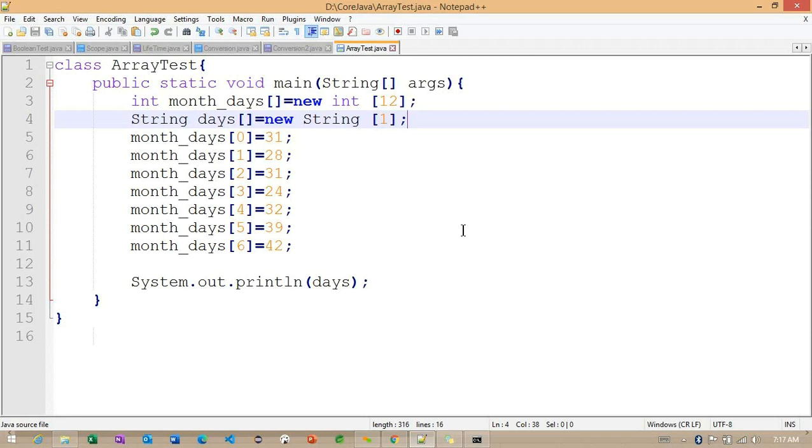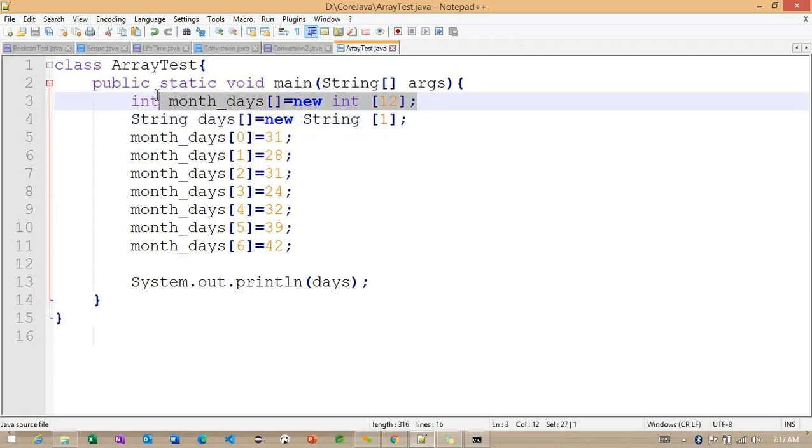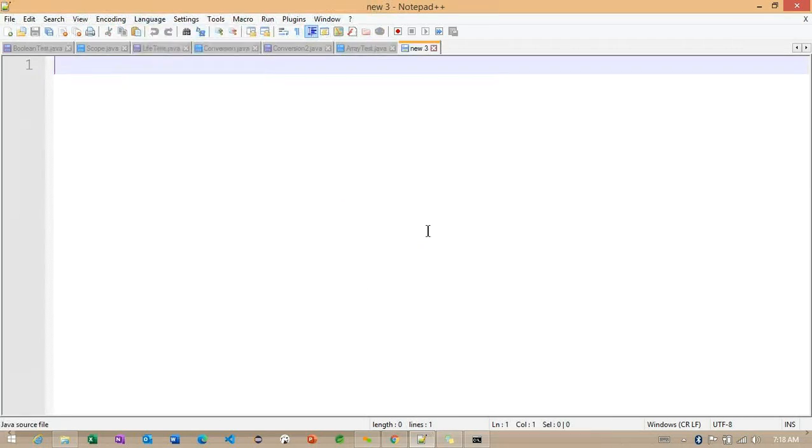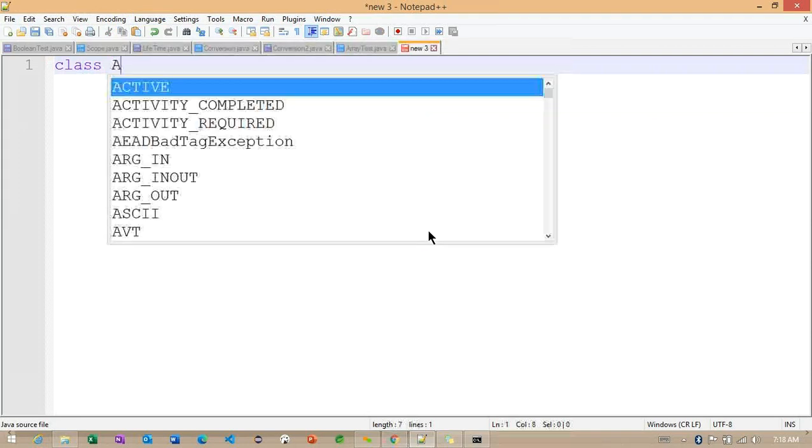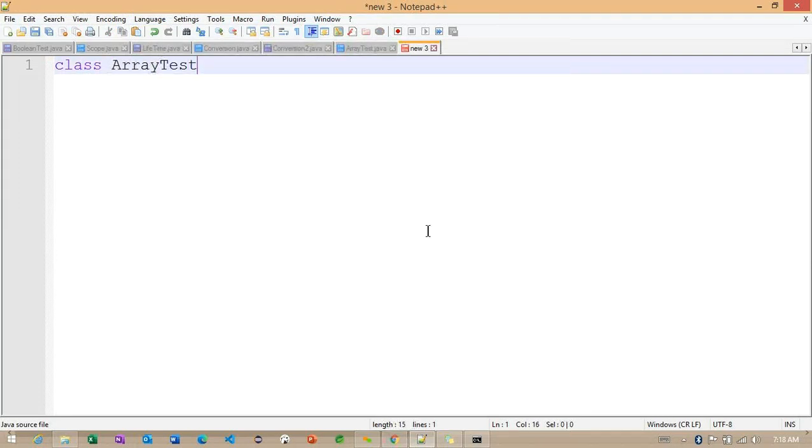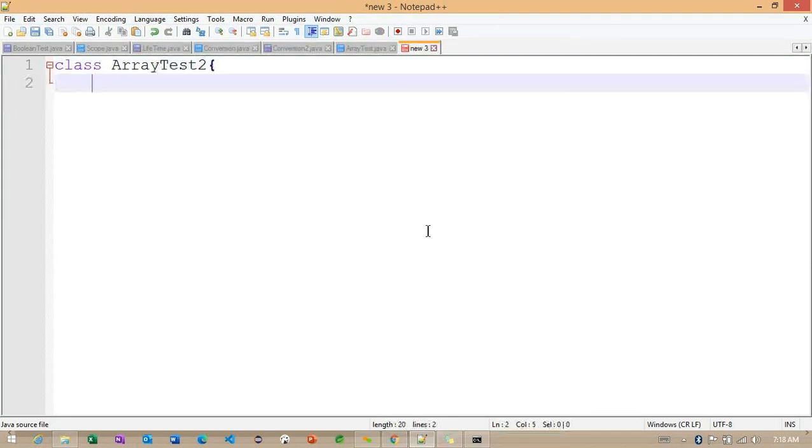Okay. So instead of creating this particular object here, we can check with a different way. We need to understand how exactly the different way looks. So let's see the same example. I'm going to create Array test2.